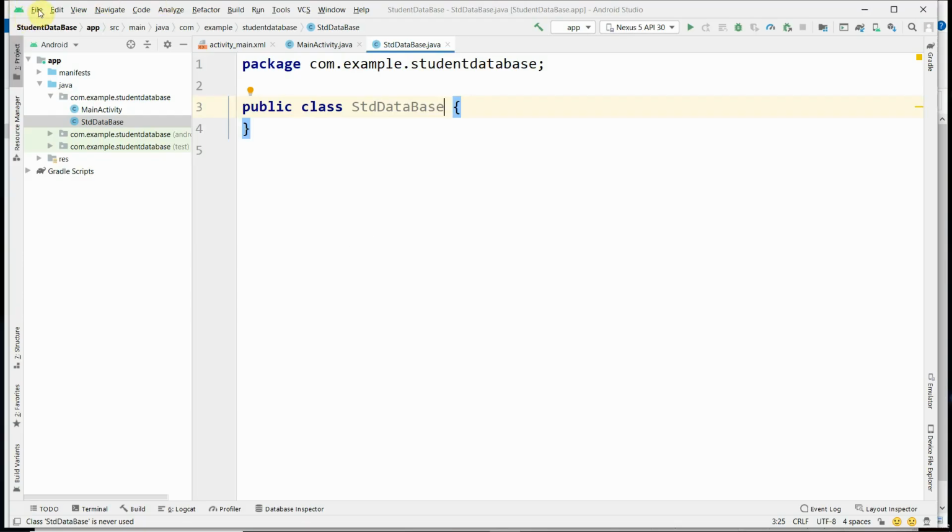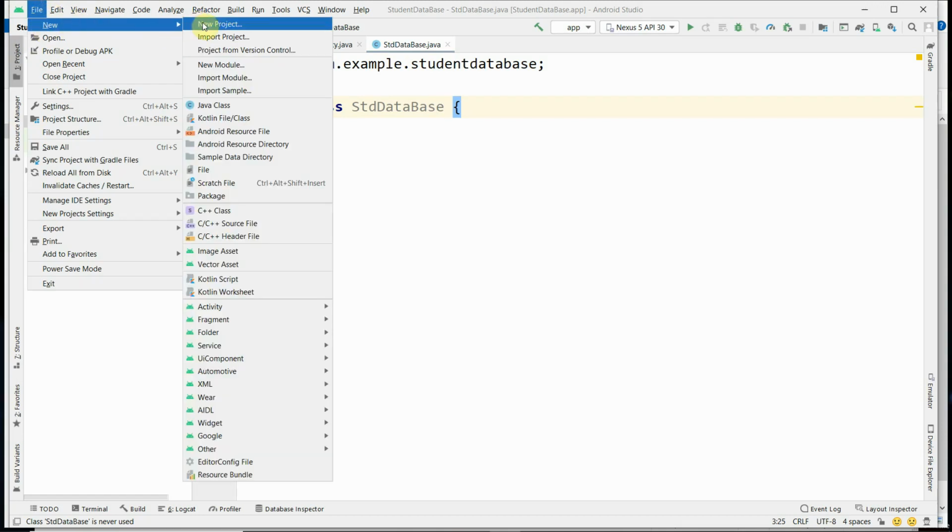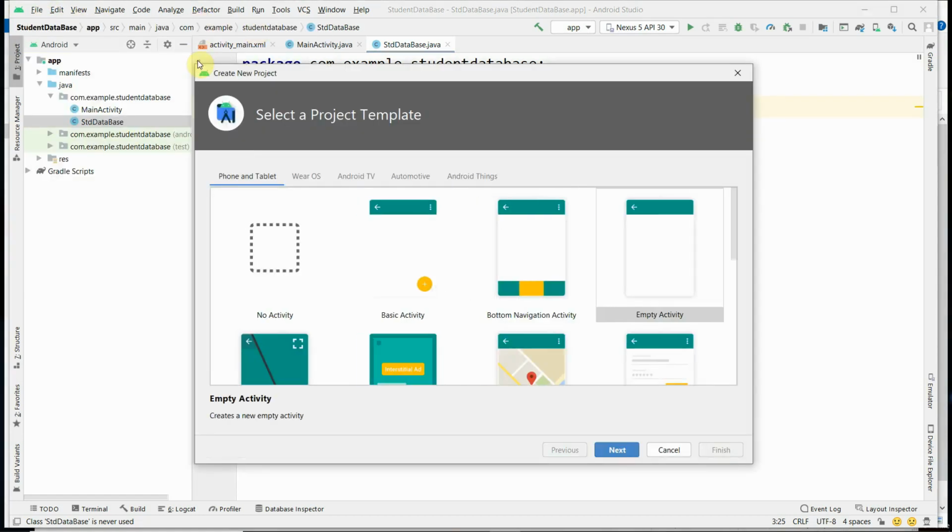Let us start with creating a database. How to create a database in an Android app? In an Android app, you have to use the SQLite database. To create the SQLite database, let us start with a new project by using File, New Project, then Empty Activity, then